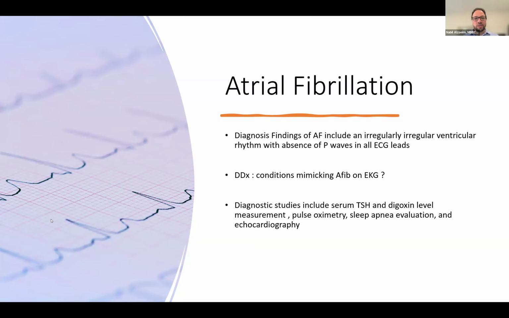There are some conditions mimicking AFib on the EKG, which are sinus tachycardia with premature atrial beats, and MAT, or multifocal atrial tachycardia, especially in COPD patients. Atrial flutter with variable conduction, and AFib can also appear as an irregular wide complex tachycardia mimicking VFib in the setting of underlying intraventricular conduction delay. The diagnostic study basically depends on the 12-lead EKG. Sometimes we check the TSH, to make sure that the patient doesn't have